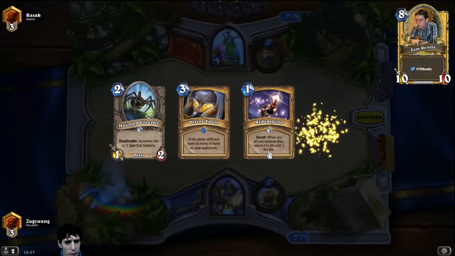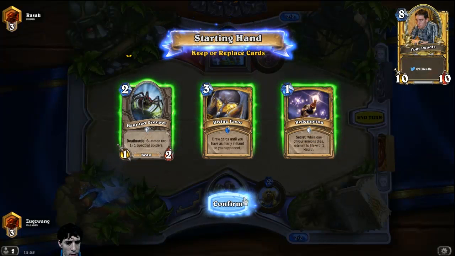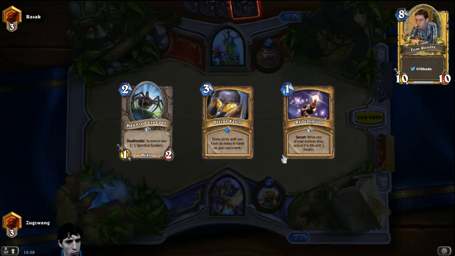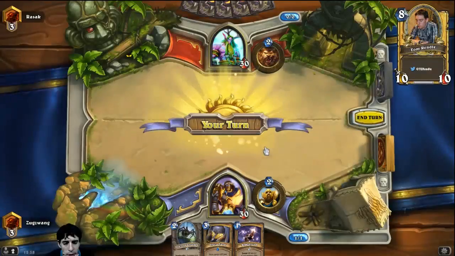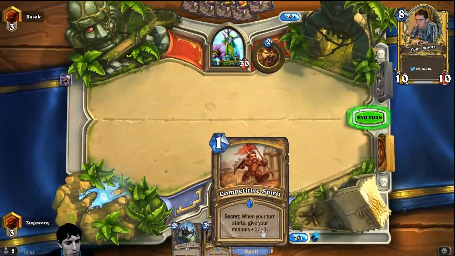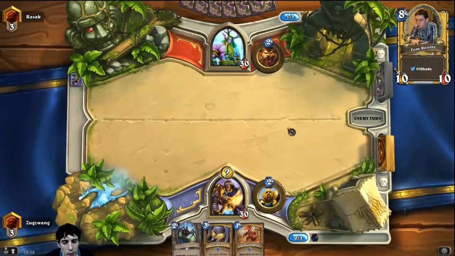Ooh, do I keep the Divine Favor? I'm so tempted to. I mean, it's potentially a game-winning card. I think I do. Gonna keep everything. Redemption's a pretty good starting turn. Alright, no reason to play Competitive Spirit too early on. I mean, if he doesn't do anything...